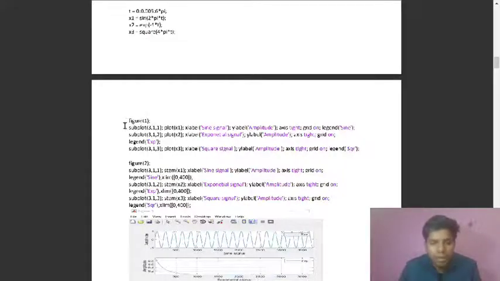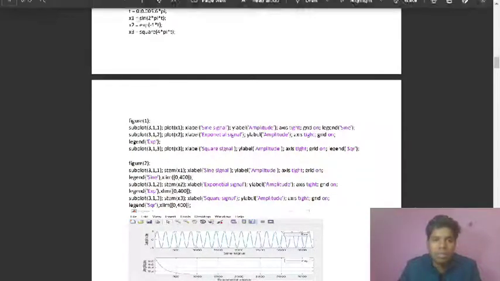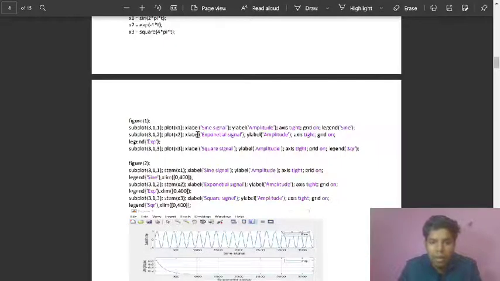What figure 1 will do is assign a new window with the figure name 1. Then we are using subplot. We have one window, and we are dividing it into 3 rows and 1 column, and in the first part of figure 1 we will plot x1, that is the sine function, and we name the xlabel as sine signal.